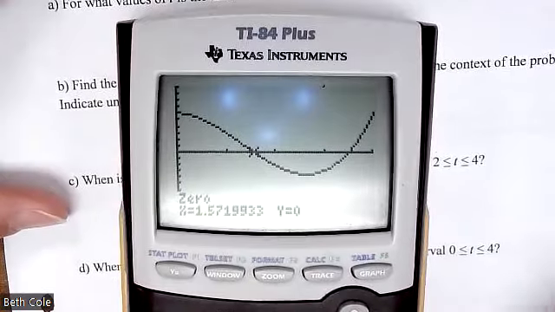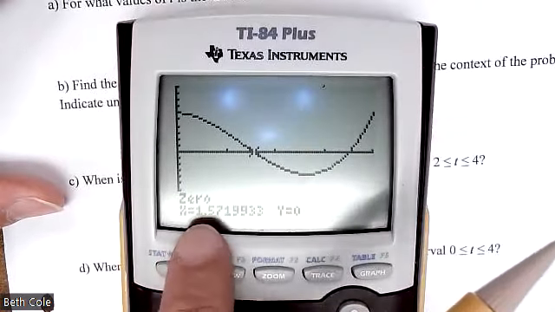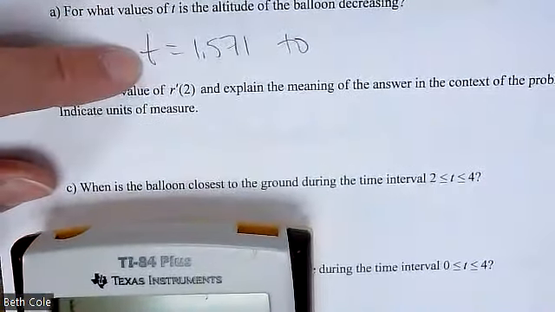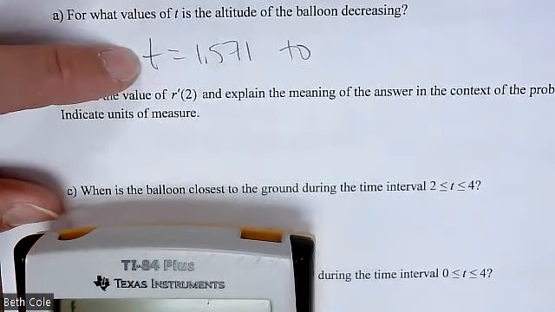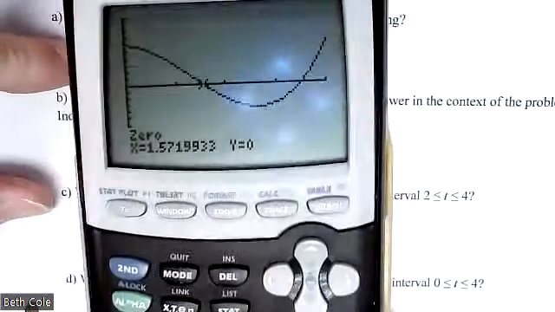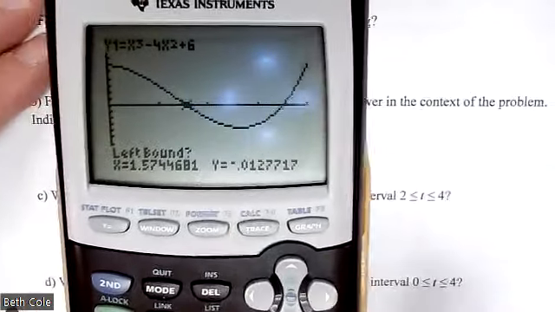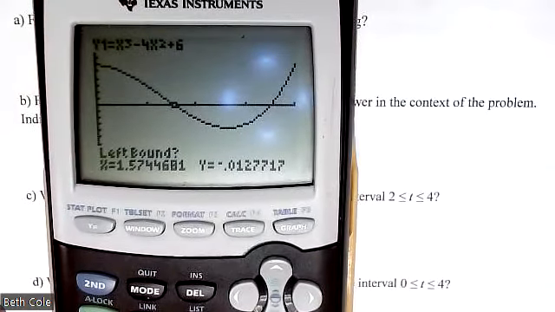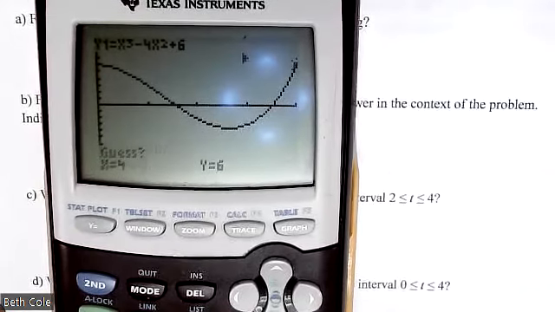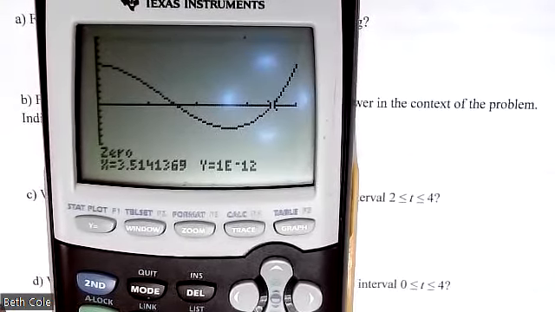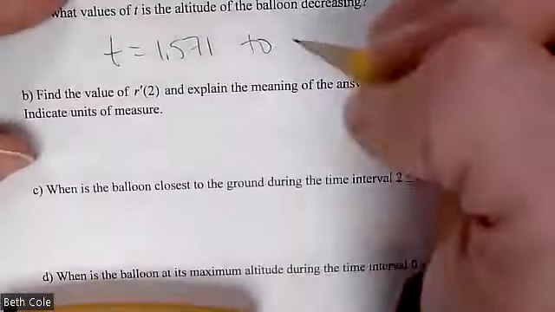How many decimal points? 3. Write that down. T equals 1.571. And then I need to get the other one. So I'm going to do that again. Calculate 0. What am I going to put in for my left bound, right bound, guess this time? Good. 3, 4, anything between 3 and 4, but 3.5. There we go. 3.514